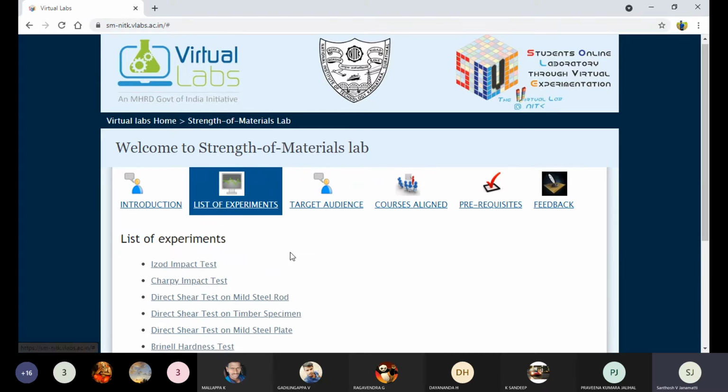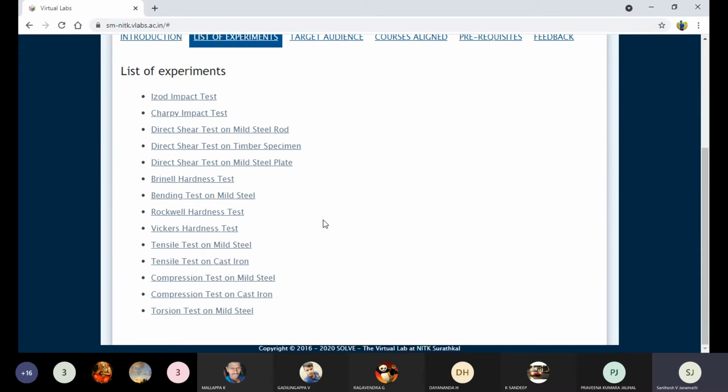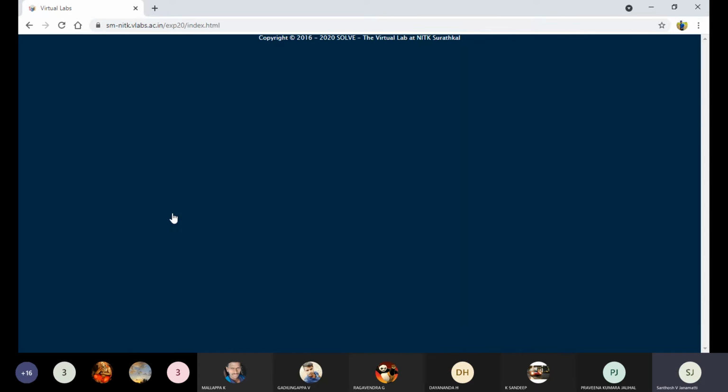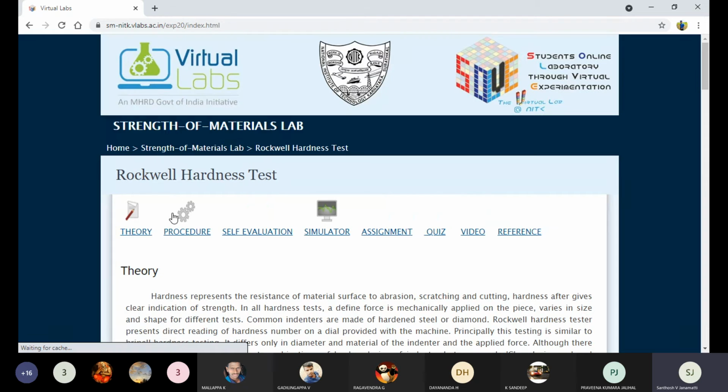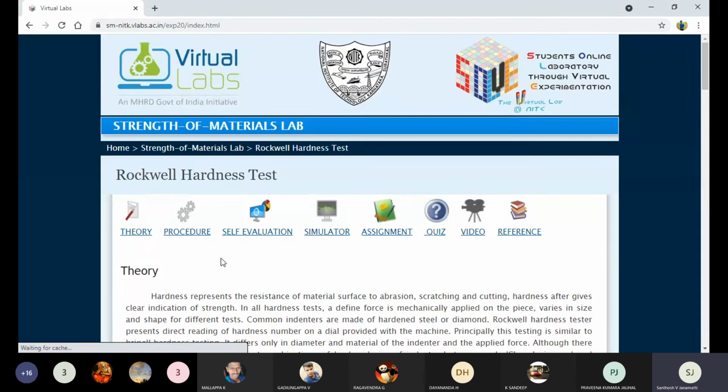Okay, now I will move on to the first experiment. Shall we take the Rockwell hardness test? Yes, Rockwell hardness test. We will take it as the first experiment. The Rockwell hardness test is a minor experiment. I will give you another 10 minutes, and I will give you the introduction about the Rockwell. We will finish one experiment so that other people can